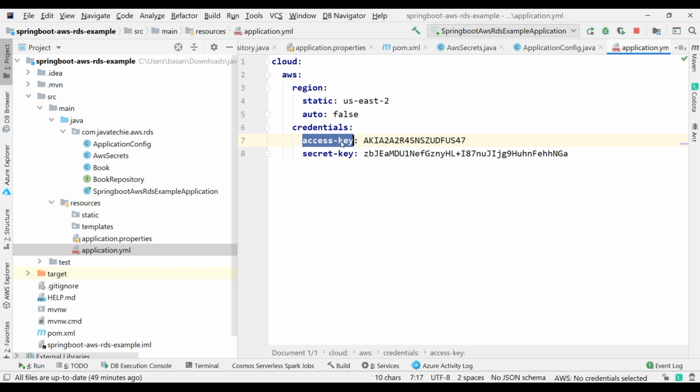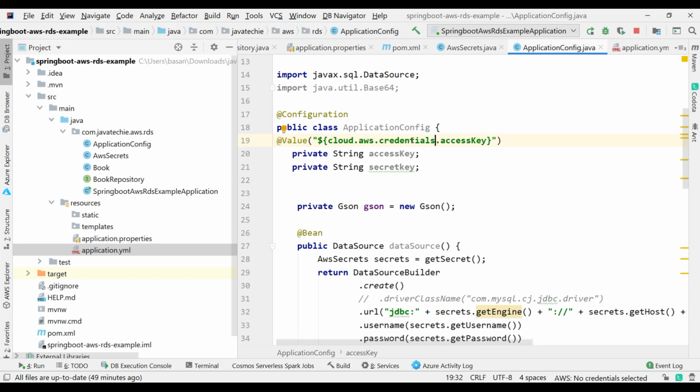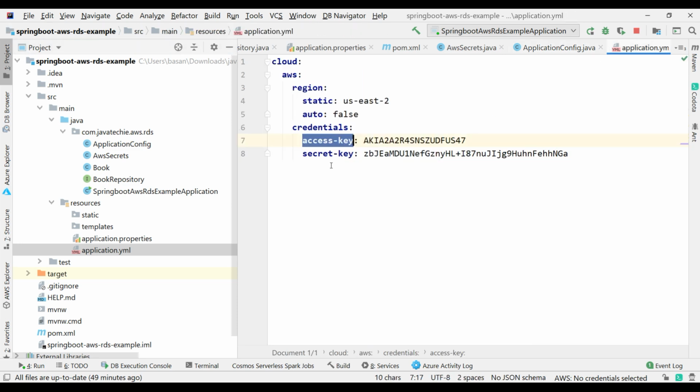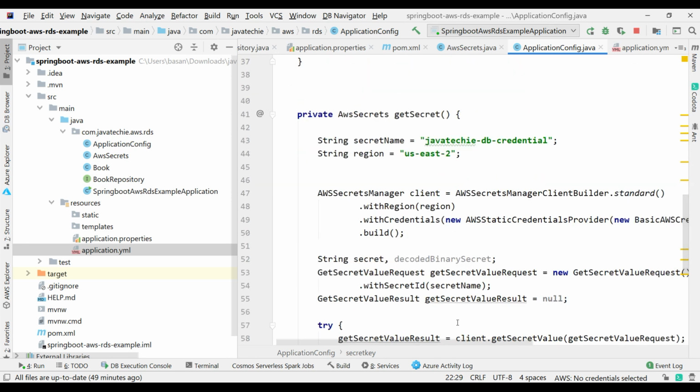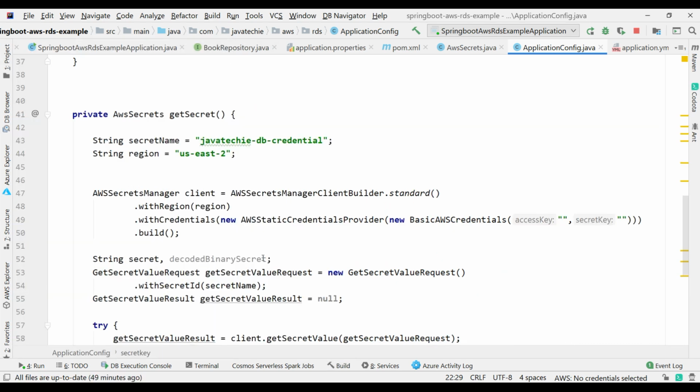You need to pass the proper signature here, otherwise it will not load the value from your properties file. So just add it. In a similar way I can load the secret key, right? So just change this to secretKey. Fine. Now I'll just add it here. Let me maximize this. Yeah, so we will not hard code, we'll directly use this access key and this secret key.